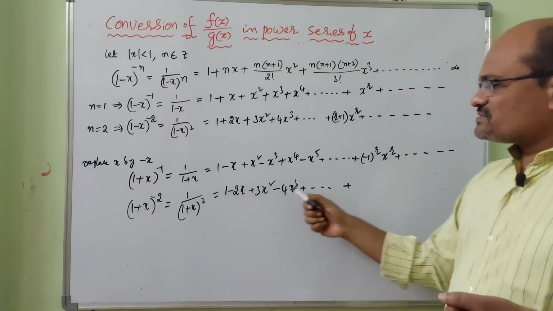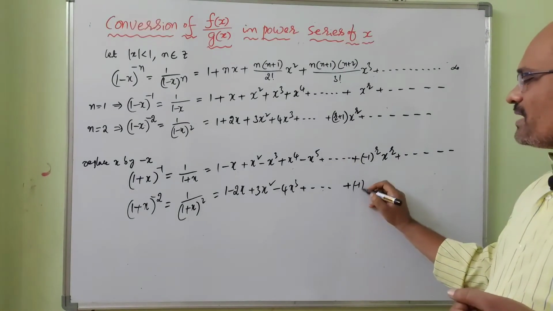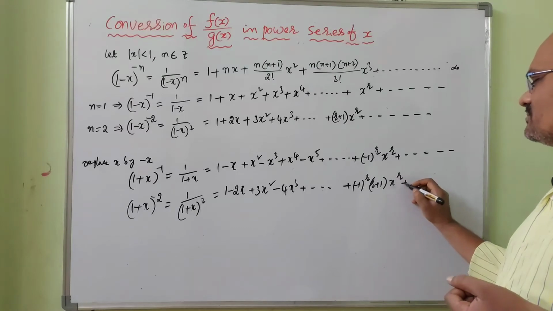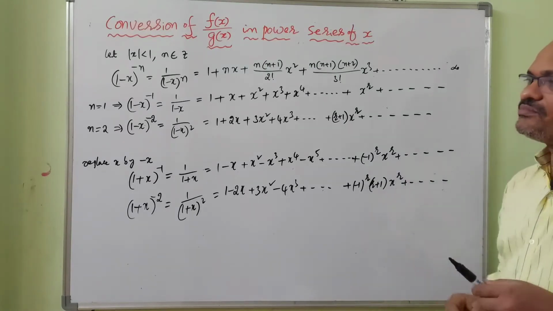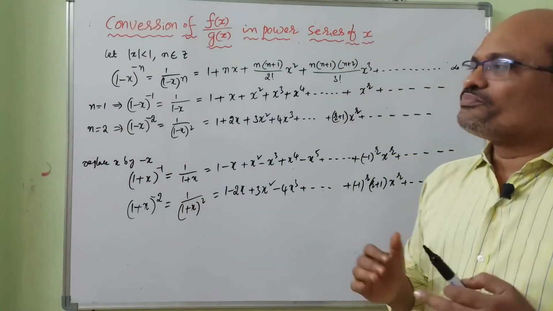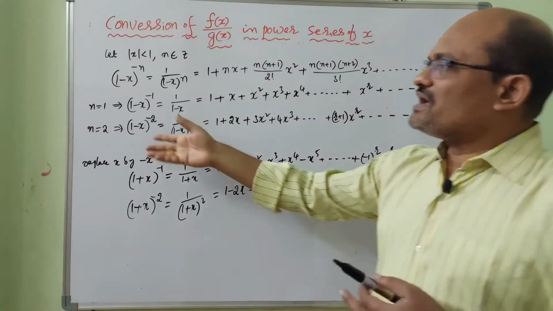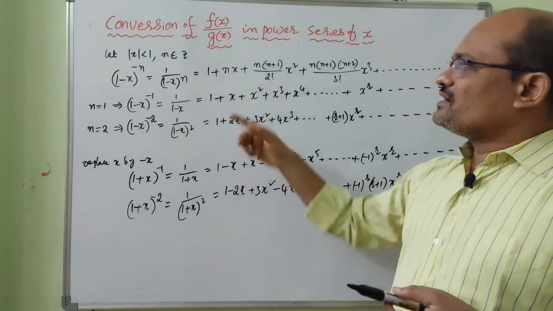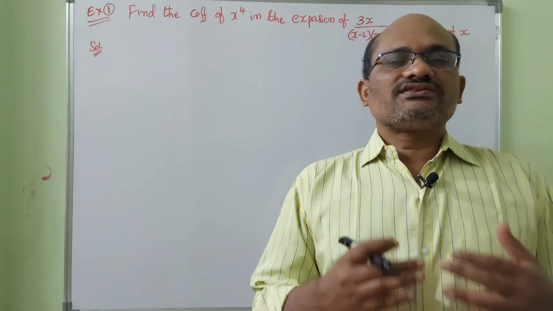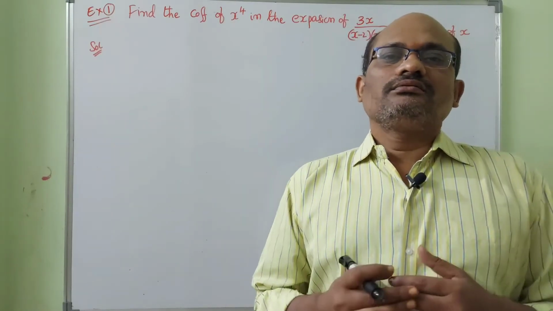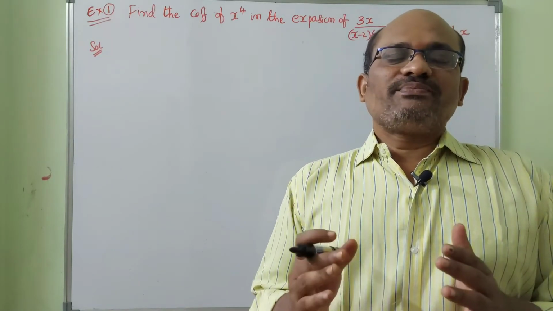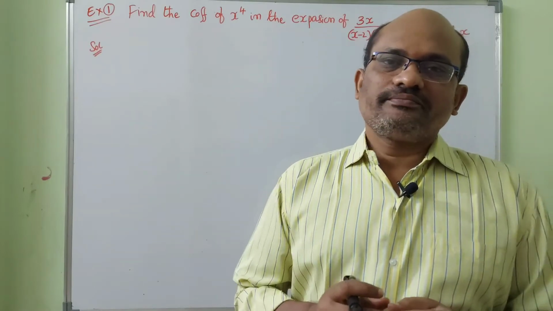What will be the general term? Here we are getting plus minus, so just write minus 1 power r to get the general term. This is the general term. Here I restricted to n equal to 1 and n equal to 2. If necessary you put n value 3, 4 like that in the binomial theorem for rational index to get the power series of x. Dear students, I want to do problems based on power series of x to expand rational fractions.